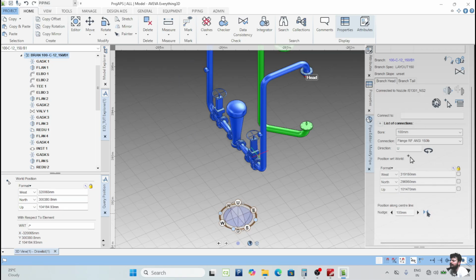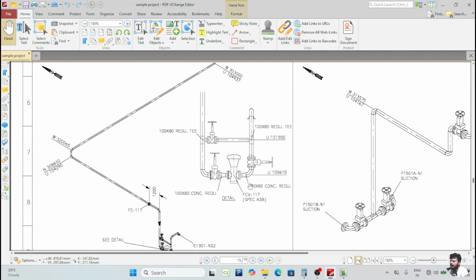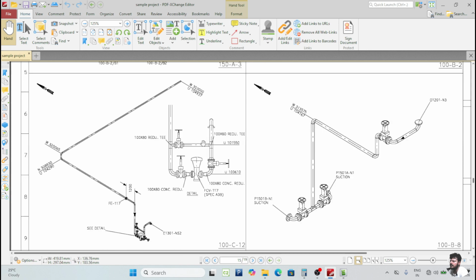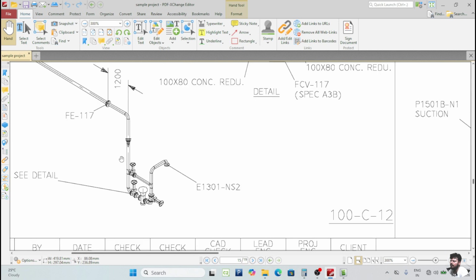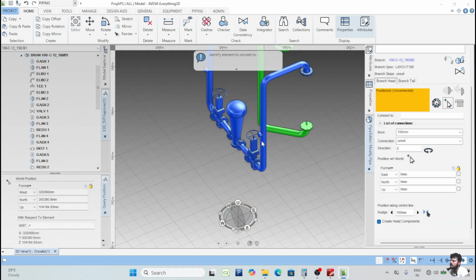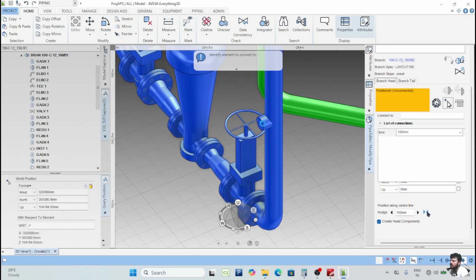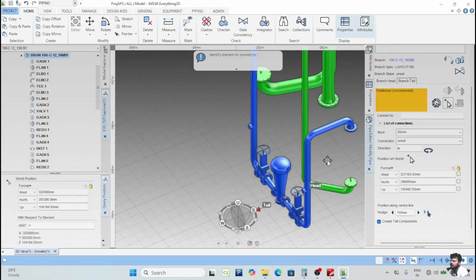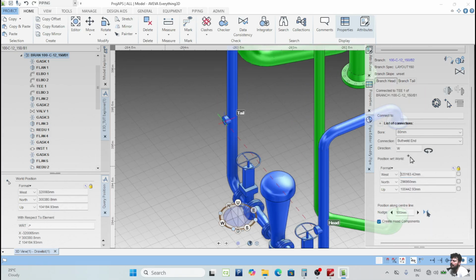Okay, now we have to create this branch here. We can see that here one valve is there. This is generally a globe valve, so we will create this. Here it is given straight, but we have modeled it like this. So for creating the branch, click on this, create a new branch. After that we have to give the branch head again, click on this. Now select this. Now click on this branch tail and select pick item connect to tail. Now select the tail. Now this is selected.